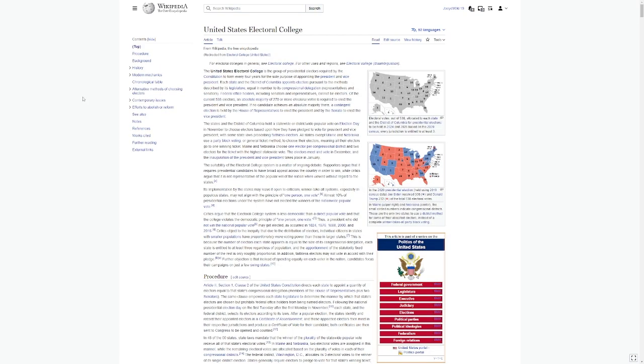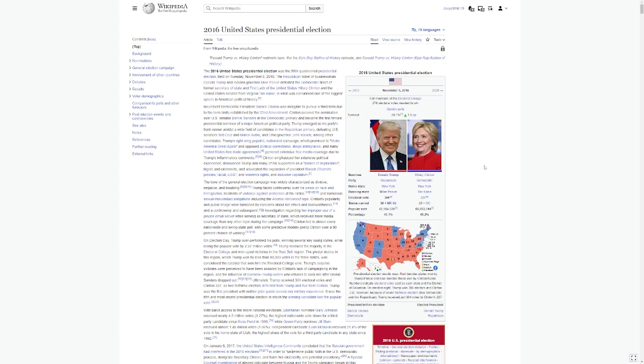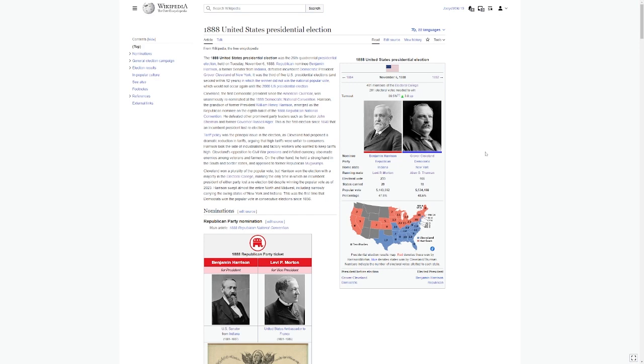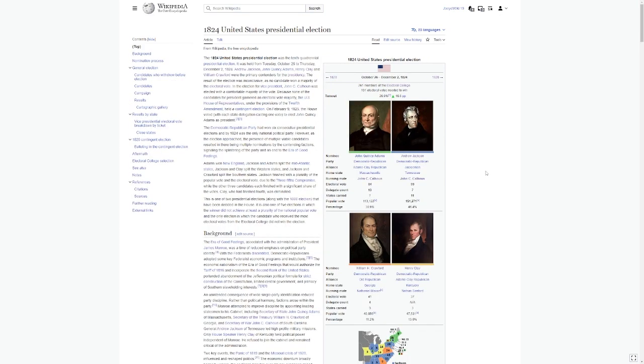Now, the Electoral College system has been widely criticised as a form of voter suppression or outright voter ignorance because you are outsourcing an election to instead be chosen by a set of representatives as opposed to the popular vote, to the people's vote. If I take you back to 2016, we can see that Trump lost the popular vote. Hillary Clinton won it, but did not reach a majority. So she lost the electoral vote, she lost the statewide vote, but ultimately more people in the United States voted for her than they did Trump, as they did in 2000, 1888, 1876, and 1824.